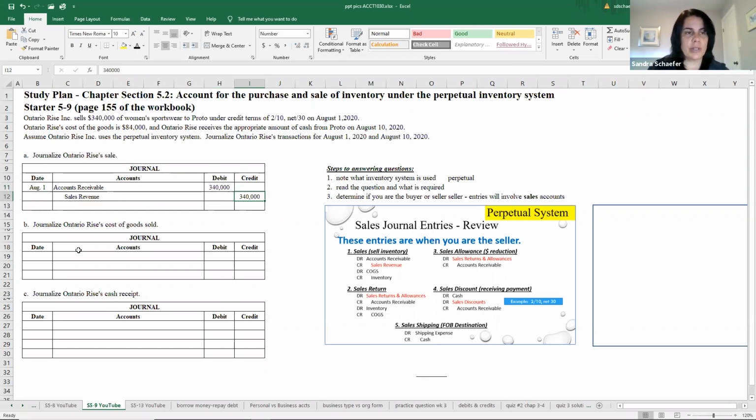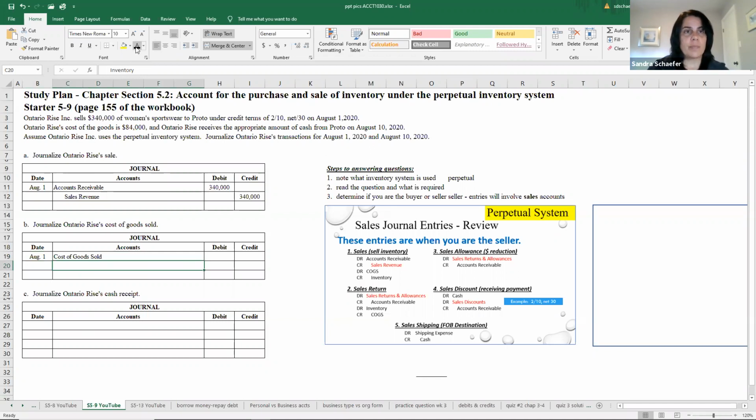In the second journal entry, we are journalizing Ontario Rise's cost of goods sold. So the date here is again going to be August 1st. And when you're recording cost of goods sold, you're recording the expense to the company of the inventory that's being sold. So here, the expense is recorded in a cost of goods sold account, and the account that's credited is